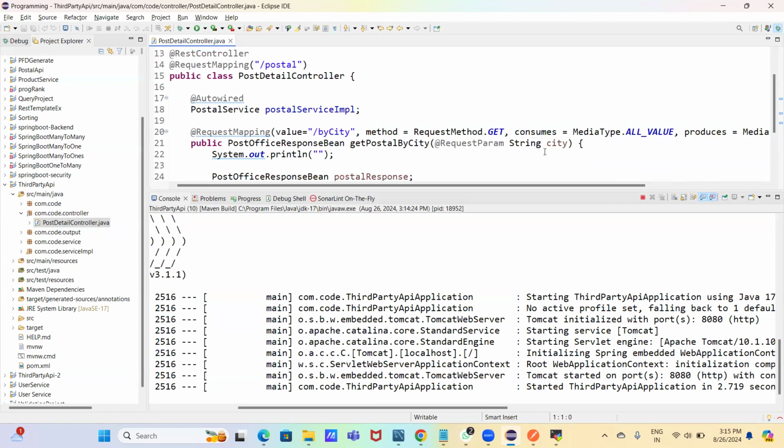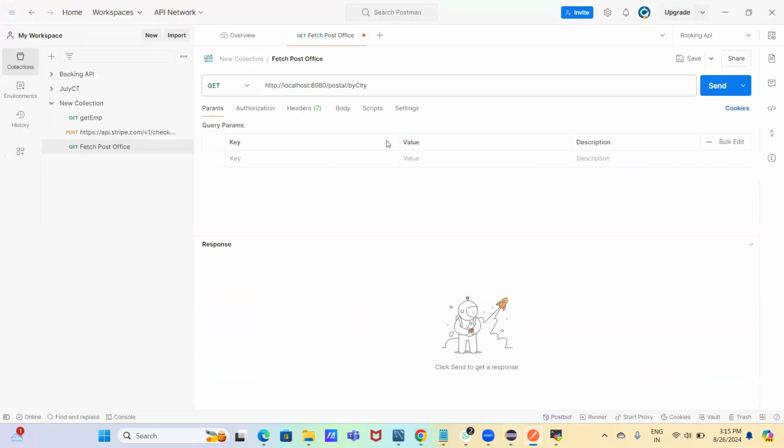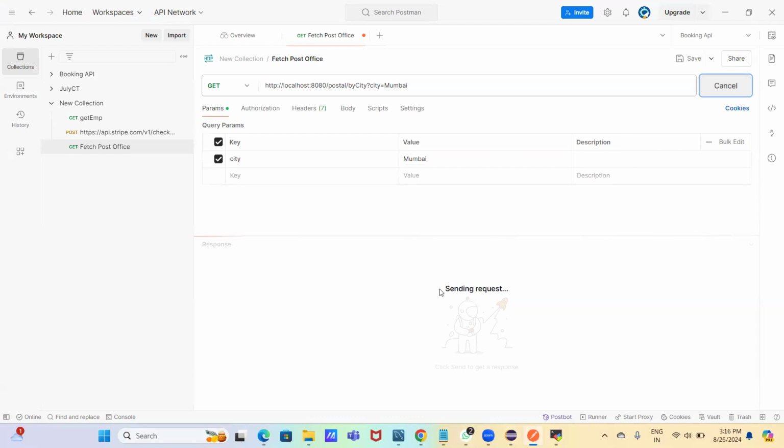So we just need to type in a key value pair. First here we will type key as city, and value is anything, right? We can type like Mumbai, MUMBAI. Just click on send,